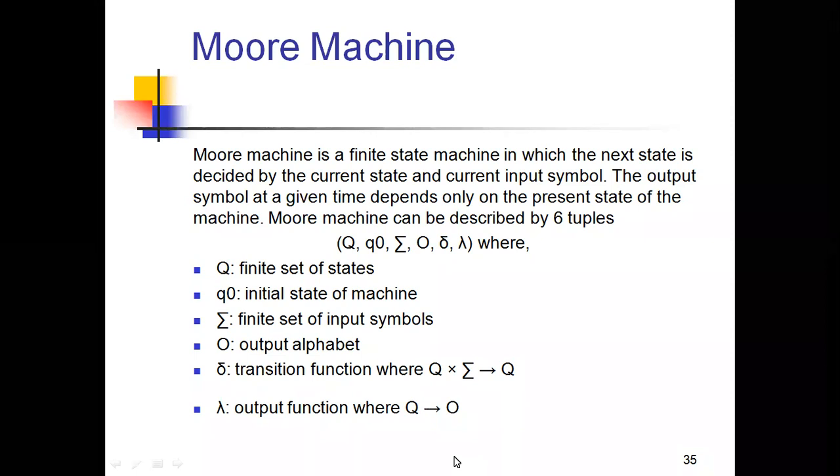Now I'm going to cover the last two concepts, that is the Moore machine and the Mealy machine. These are the two types of machines we have, and these are also from the family of the finite state machine. Here, how can we say that it is a Moore machine and how can we say that it is a Mealy machine? To say that it is a Moore, we need to know the definition of the Moore machine. And to say that it is a Mealy, we need to know the definition of the Mealy machine.